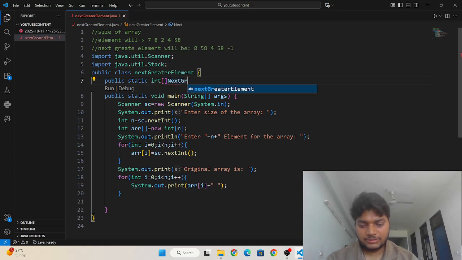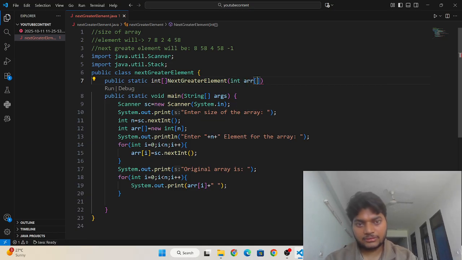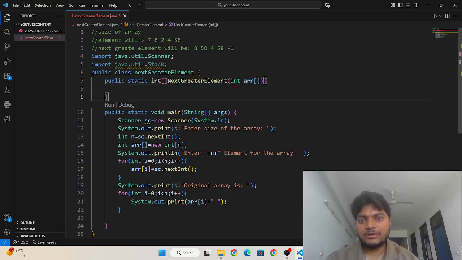Next greater element, and int arr. And in writing the file name, the first alphabet should be small. Okay, so I have written small here.